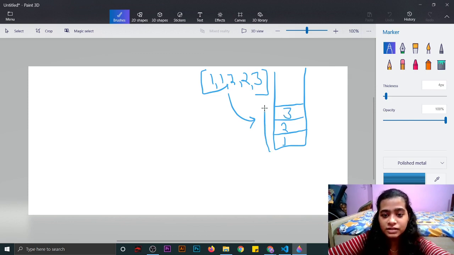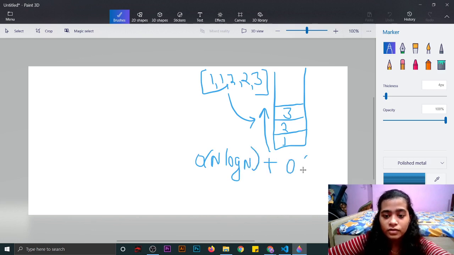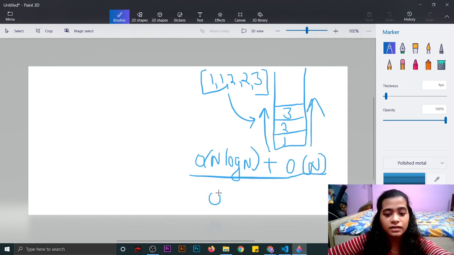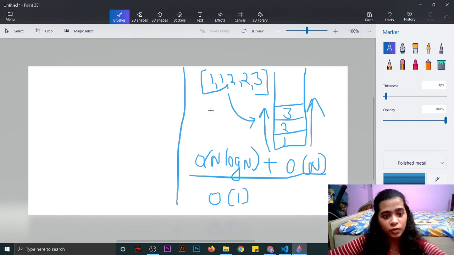And as this stores it in ascending order, the time complexity of this insertion will be O(n log n), and then O(n) because we are storing the whole array. So this will be the time complexity and the space complexity will be O(1). So this was the brute force approach.